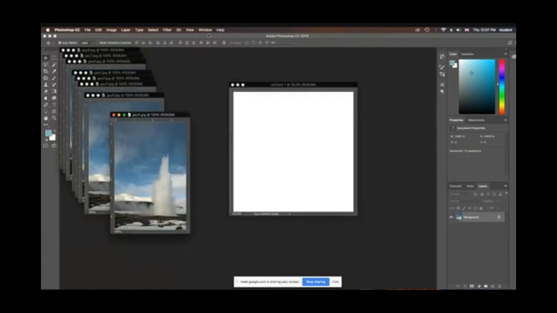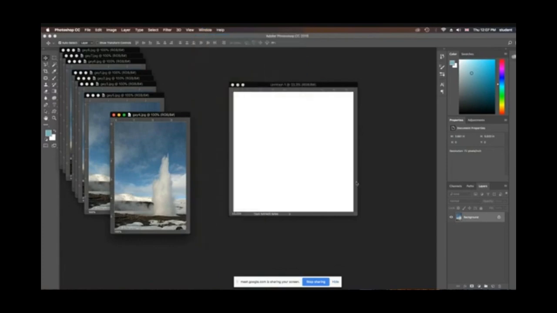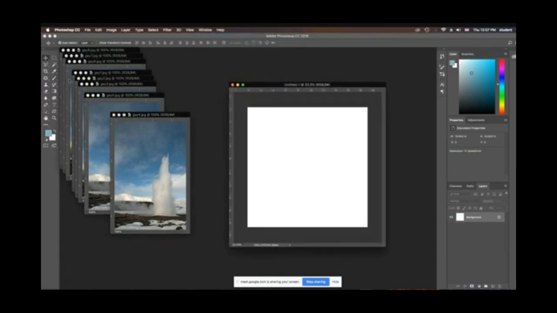I will open the Window menu, select Arrange, and click on Float All in Windows so that I can view all the image files more clearly. I have already created a new file in which I will place the series of pictures one by one using